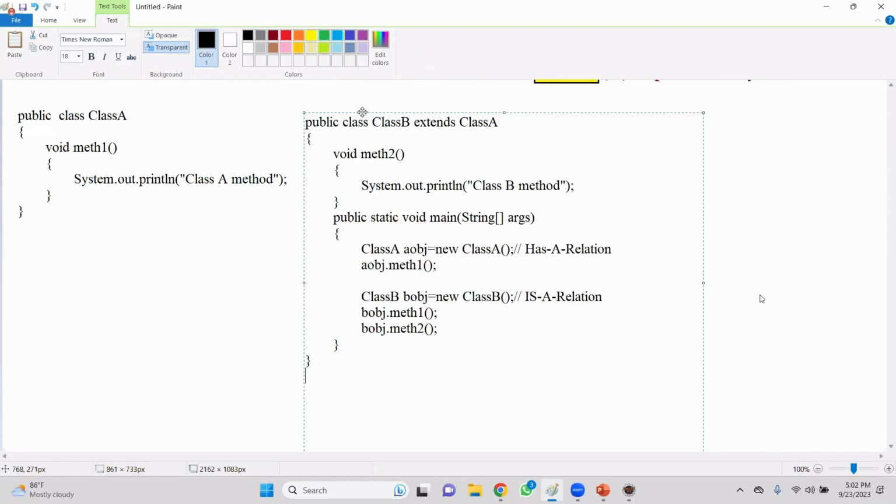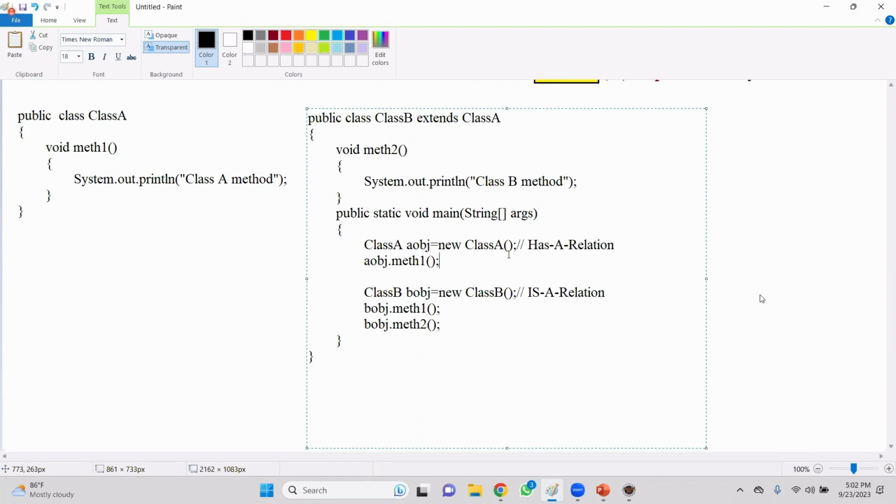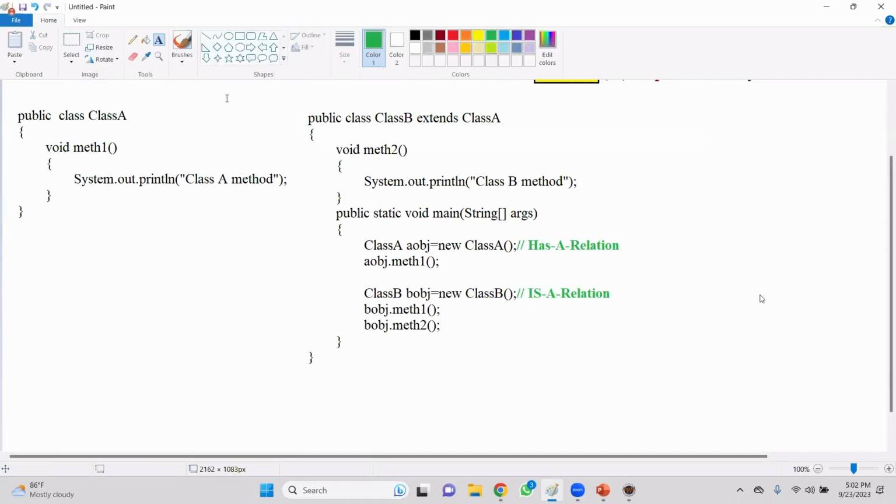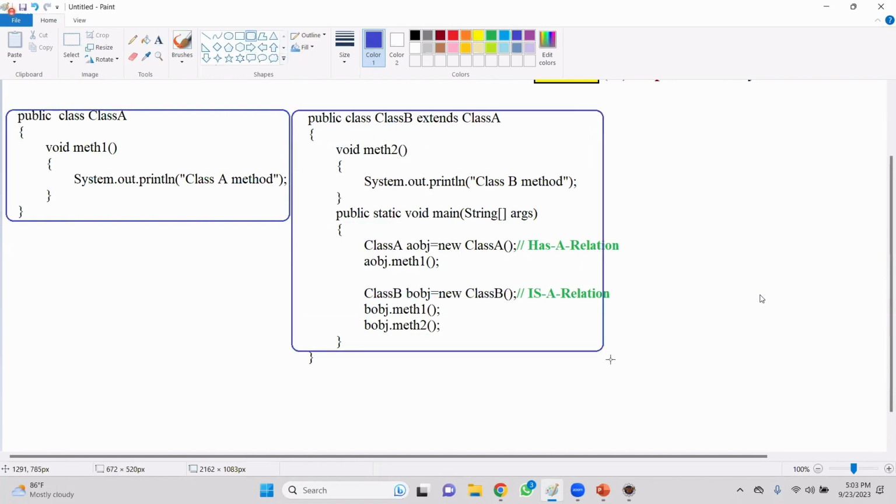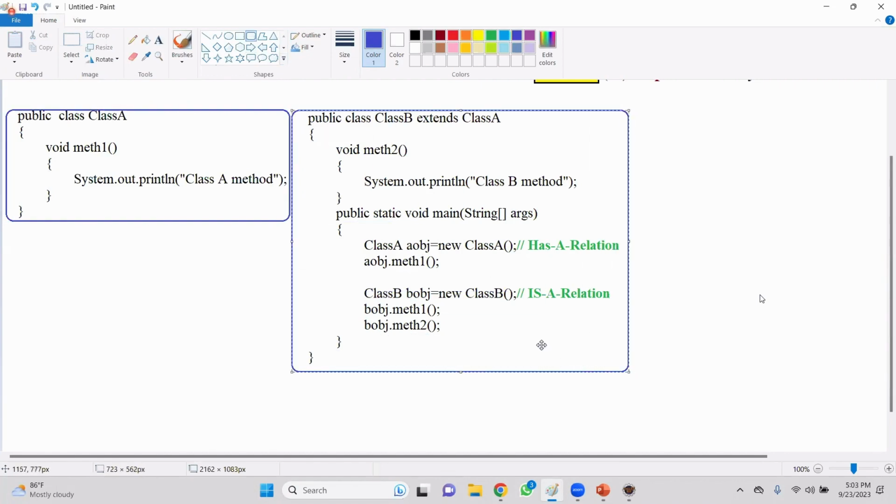Class A and class B. Now, this is has-a relationship. This is is-a relationship. Perfect. Let me give a small differentiation here. This is class A and this is class B. So, whenever we want to achieve inheritance,